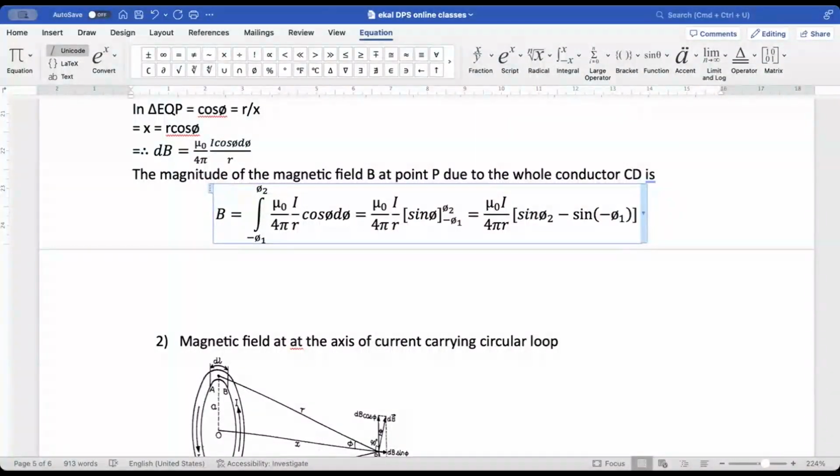So this gives me the final answer. So finally, we'll get the magnetic field equal to